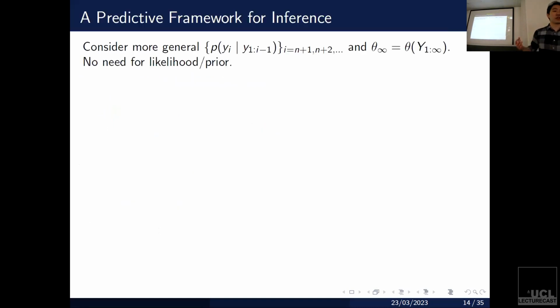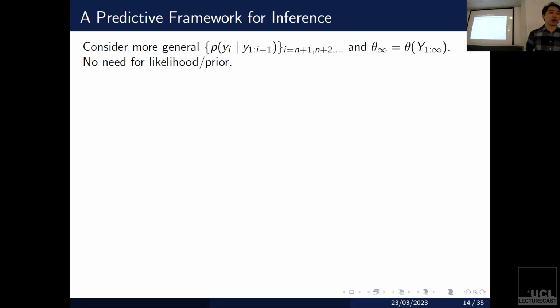Okay, so to summarize what we did before, a very natural generalization is instead of constructing your predictive distribution from a likelihood and a prior, we see that to do posterior sampling, you don't actually need the likelihood or the prior, you just need the predictive. So why don't we start with that as our model elicitation? Indeed, our model now, instead of being a likelihood and a prior, is going to be a sequence of predictives. It might seem a little bit difficult at first, but we're going to be tasked with eliciting this one-step ahead predictive.